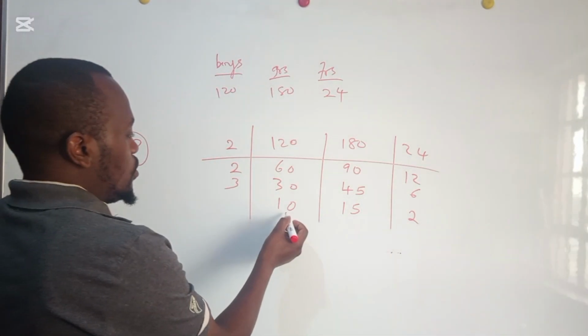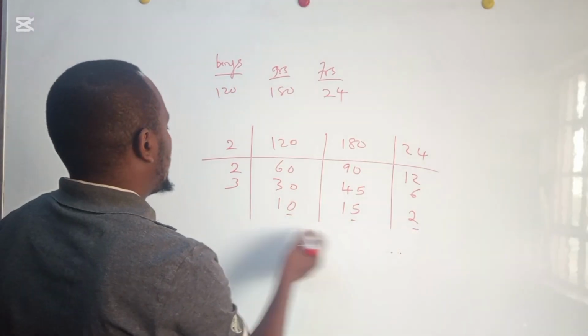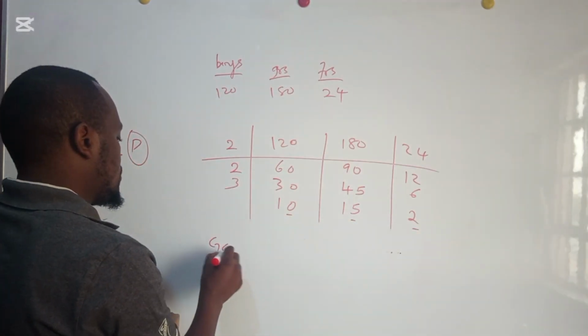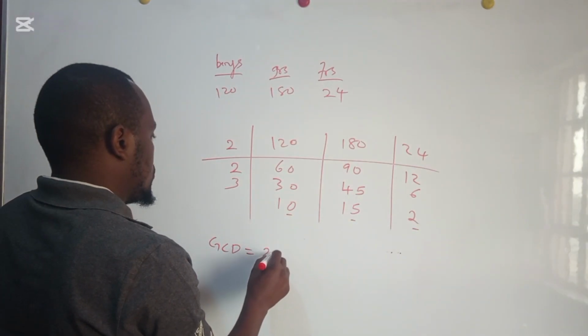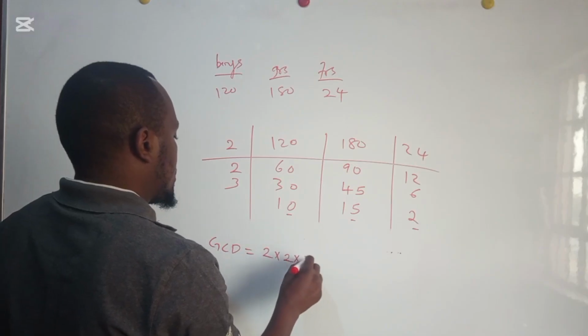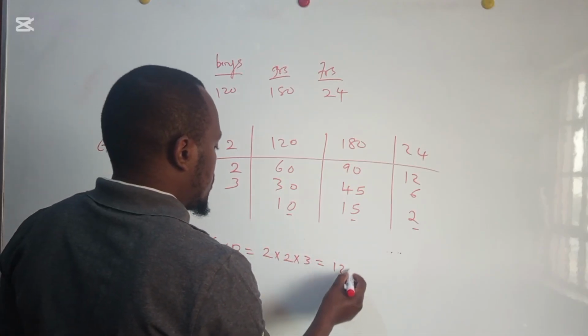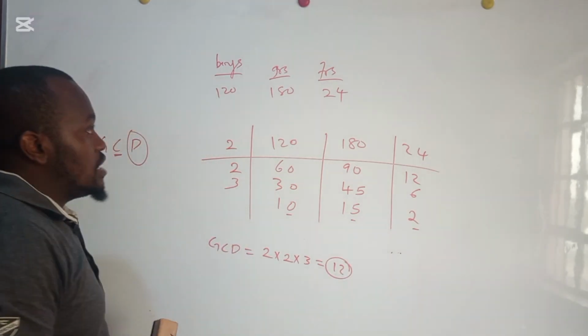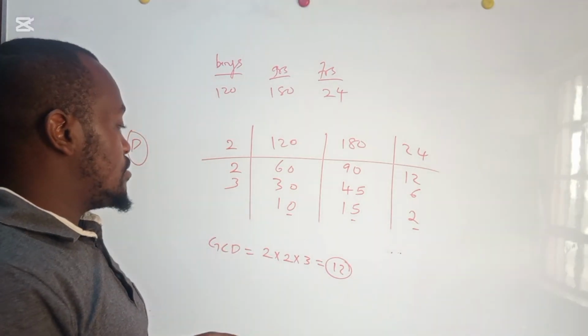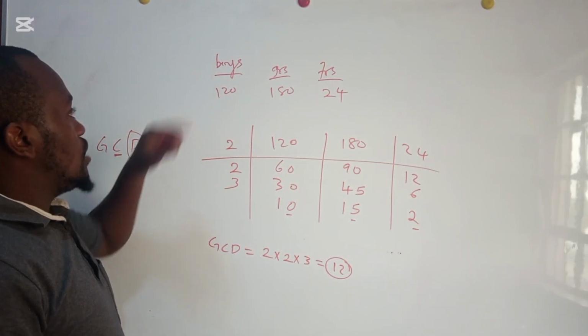I'll explain to you what these numbers mean, the last ones. So GCD, 2 times 2 times 3, which is 6, 12. So the number of groups that you can form is 12. So that you are going to have